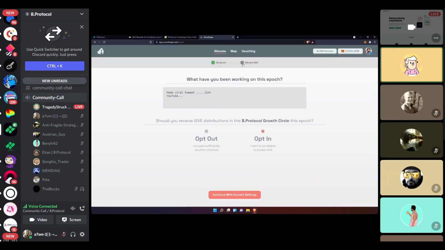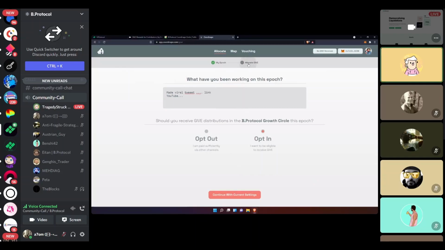And then I'm not expecting people to hang around in Coordinape that much, but this is a nice place to keep track of what you've done and what you want others to see that you've done for the allocation. So make sure to get it in good time, because people might be allocating a bit before the end.